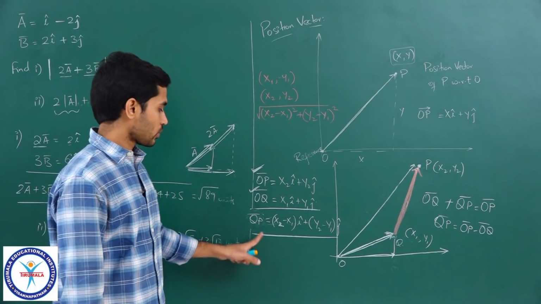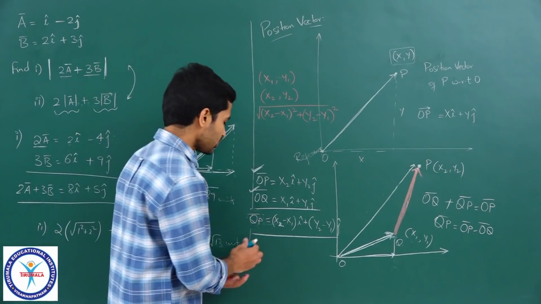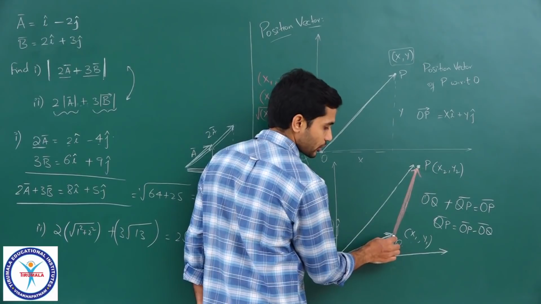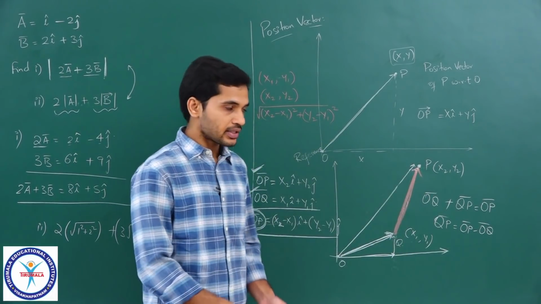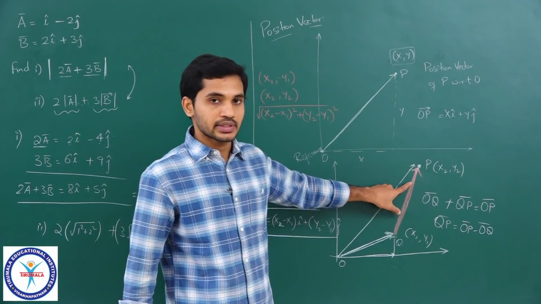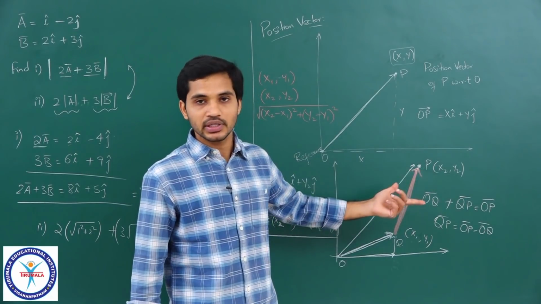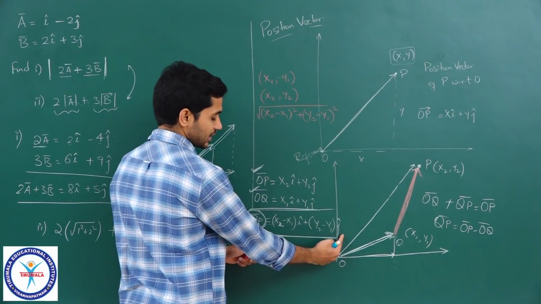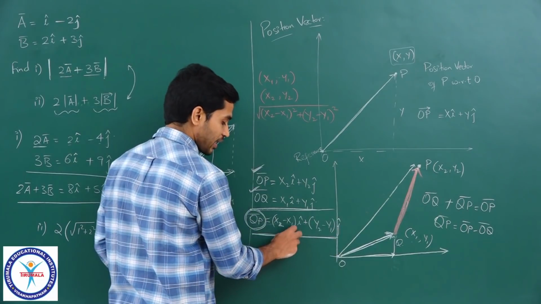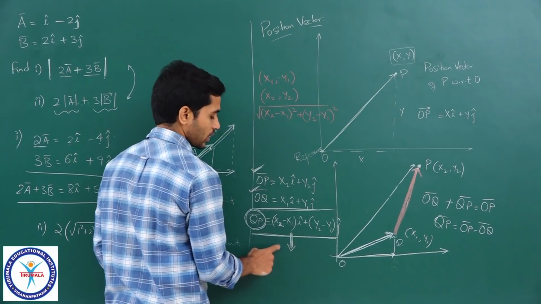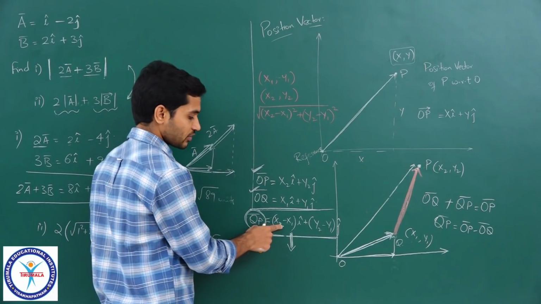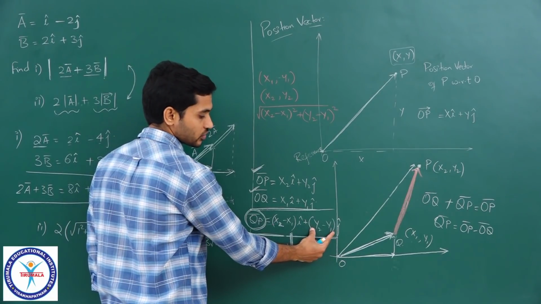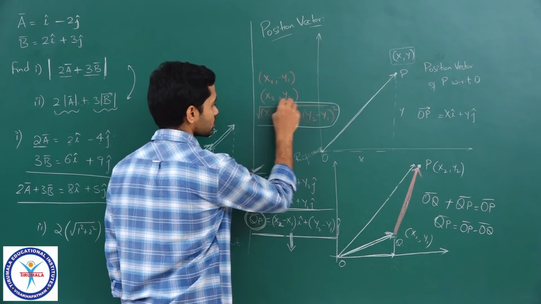How? Whatever result we have derived here, please look at this QP bar closely. QP bar means the line joining Q and P. Can I say the magnitude of this vector is the distance between Q and P, right? And the line joining Q and P is represented in component form like this. So what is the magnitude of this vector? Are we getting this result or not? The magnitude of this vector is nothing but root over coefficient of i cap whole square plus coefficient of j cap whole square, which is exactly this expression.